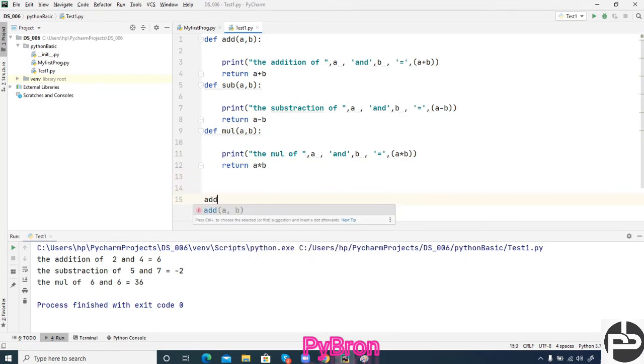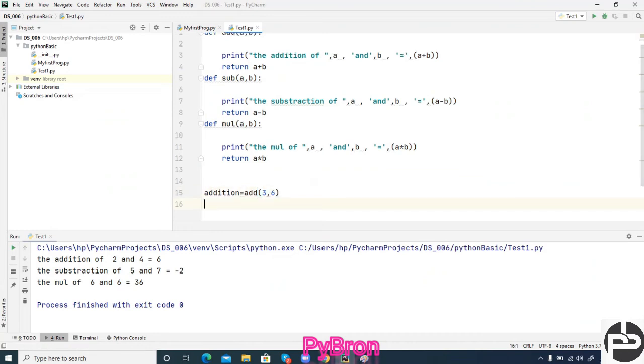Now if I call the add method, passing here 3 comma 6, it has a return type, right? And I would like to store whatever result is coming inside another variable. You can say addition, or give anything; the variable name can be anything. So it will store inside addition. Now if I'm calling the subtraction method, here I'm passing the result which came from the addition method. So here I'm passing addition comma 5, meaning whatever result came from the add method, from that I am going to subtract 5. Are you getting my point?